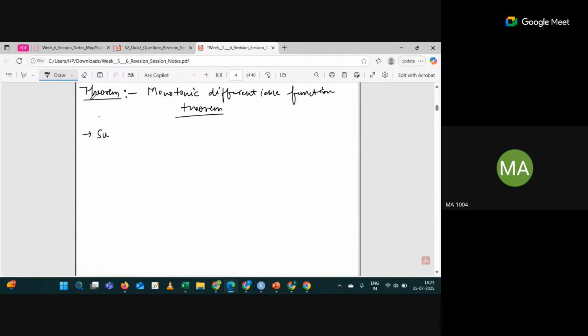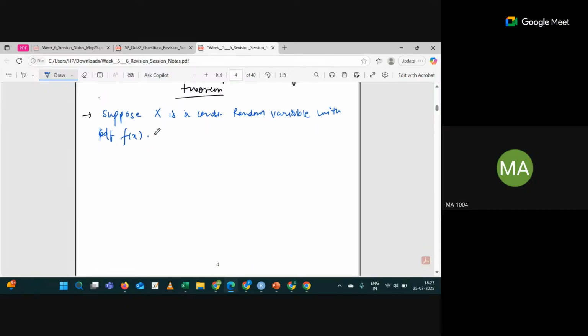So what is the theorem? Let me write. The theorem says, suppose X is a continuous random variable. This is given to you, and since this is a continuous random variable, it will have a PDF, small f of x. And let g of x be a